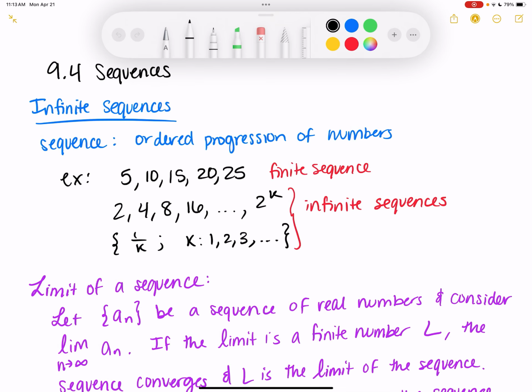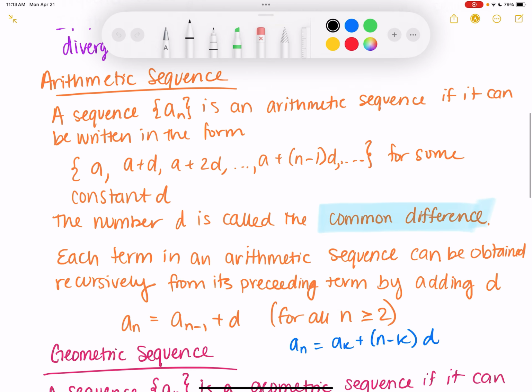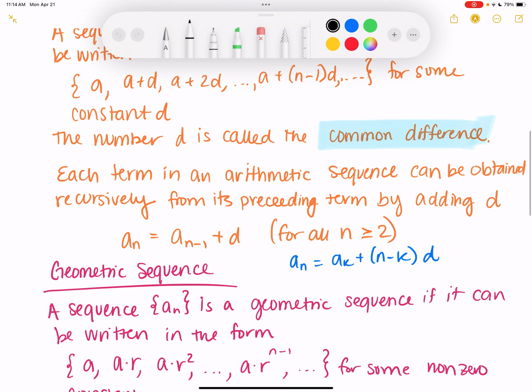We're dealing with sequences. We've been looking at the arithmetic sequences, and the number that we are adding or potentially subtracting is called the common difference. So what's written in orange here is what the book gives, the form for how to find the next number in the sequence, but this requires that we know the